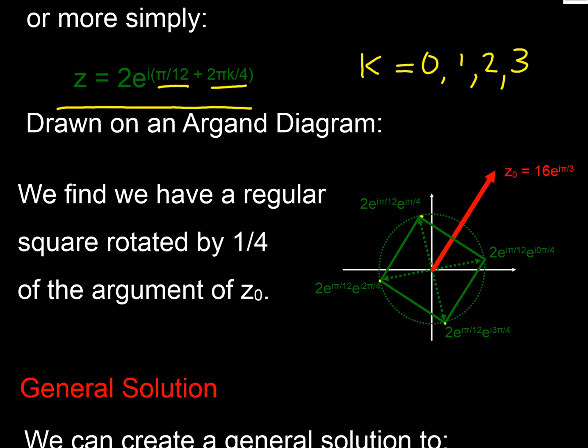If we drew that on our Argand diagram here, we find we've got our base point, which we worked out. There's our 2e to the i pi over 12, and then we've got 3 other points here, 1, 2, 3, each of which is a rotation of 90 degrees or pi over 2. So therefore we've got a regular rectangle, which is a square. So we've got 4 solutions. Effectively we've got our square and it's been rotated around by angle pi over 12, hasn't it? And now we can extend and generalize that